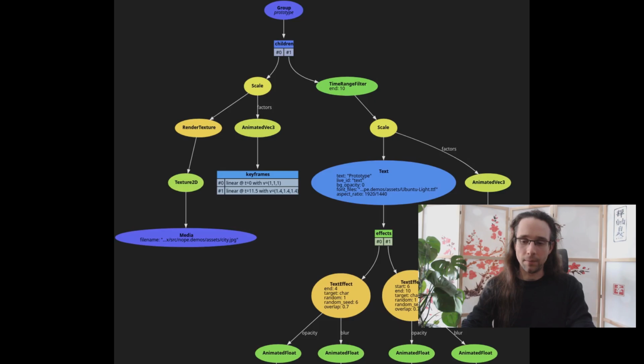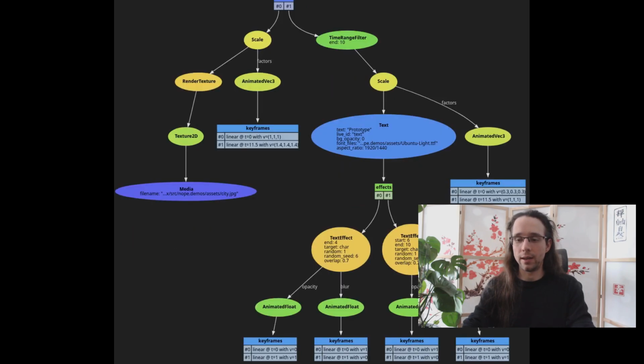Side note here, even though each character is individually animated, the graph is expressive enough to allow you not to describe the animation of each individual character. This means that we can actually change the string in the text node and the animation will adjust accordingly, whatever the number of characters present in that text. It does not require the graph to be reconstructed.